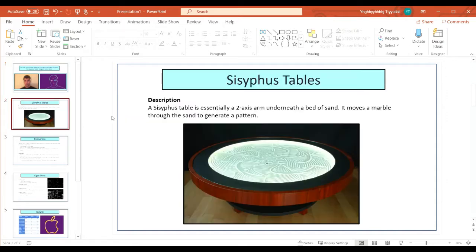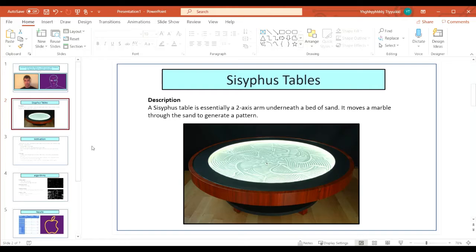So the initial question you're likely to have is, what is a Sisyphus table? And the answer is, it's essentially a two-axis arm that lives underneath a bed of sand, and it moves a marble through the sand to generate a pattern. As you can see here, it kind of looks like a Zen garden, and it's calming and kind of a luxury product. And so me and my friend were thinking about building one day, and I came up with the